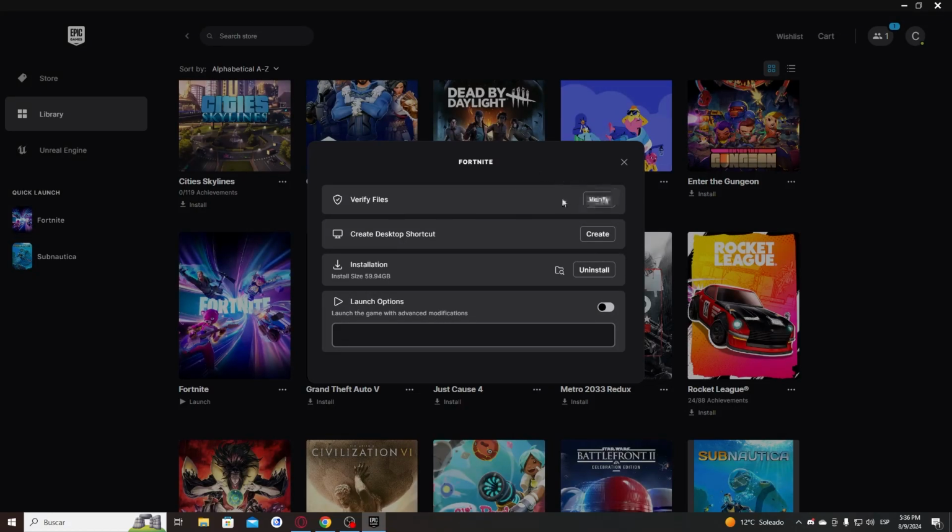to Epic Games in the same option that we were, and we have to select verify files. This can take very long depending on your connection and your disk speed, so be patient, and if this video